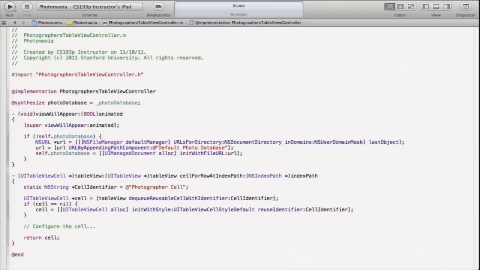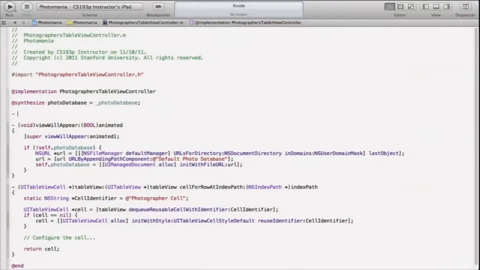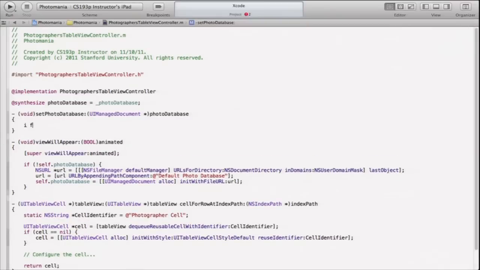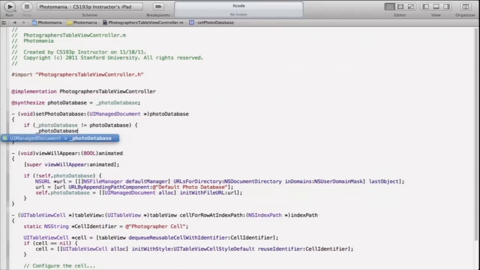Hopefully everybody understands where we're going here. Now, what about using this document? In this case, or if someone sets this document externally, I need to start using it, right? I need to set my fetched results controller basically to use its context. But how are we going to do that? I decided the way I'm going to do that is in the setter for photoDatabase. Anytime someone sets this, as long as it's changed, so if it's a new database,